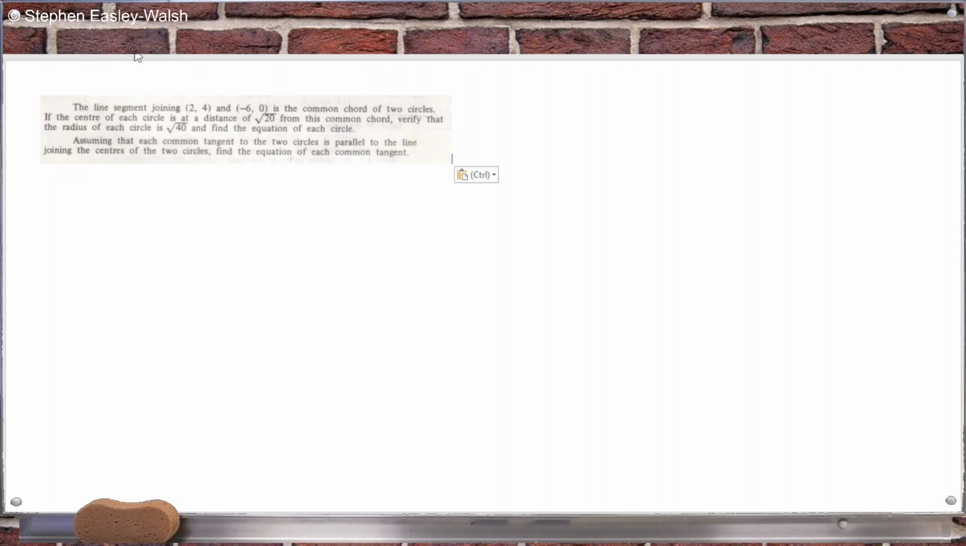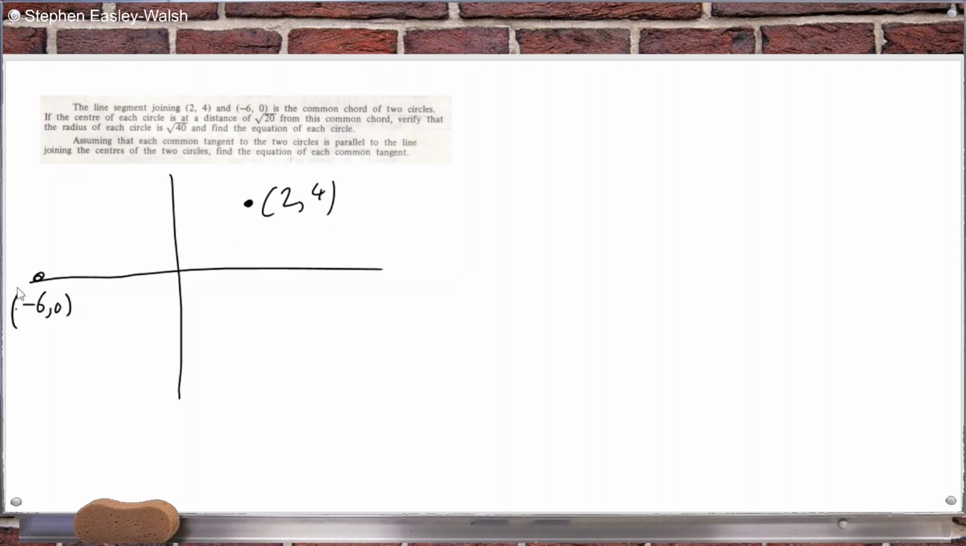Okay, let's have a look here. So you've got your circle, and here at 2, 4, and then here at -6, that represents the common chord. The midpoint, by the way, would be minus 2, 2. And if we go out a distance of √20, we're told we're supposed to be at the